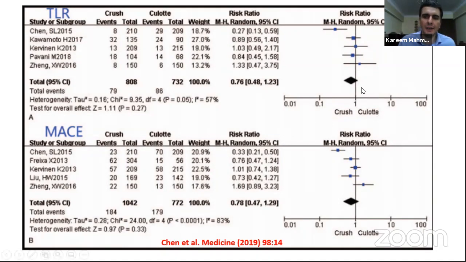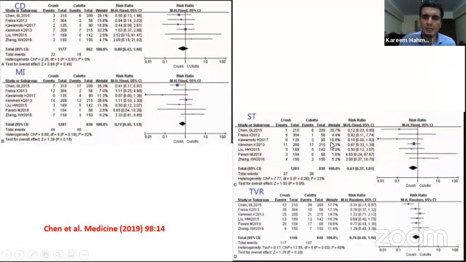However, there is a trend that the crush may be better, mainly due to the result of the DK crush 3. And this was for target lesion revascularization and for MACE. The most important significant point is stent thrombosis. Stent thrombosis was better in the DK crush technique as compared with the Culotte technique, mainly due to the introduction of the DK crush technique.